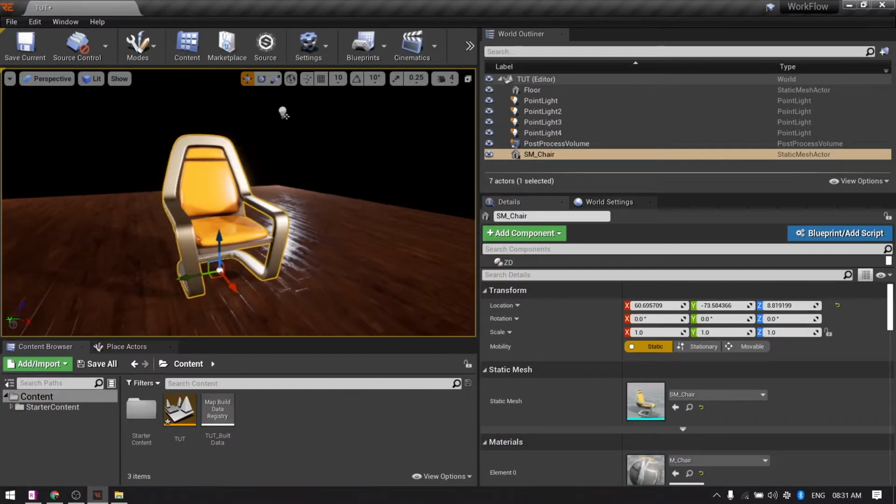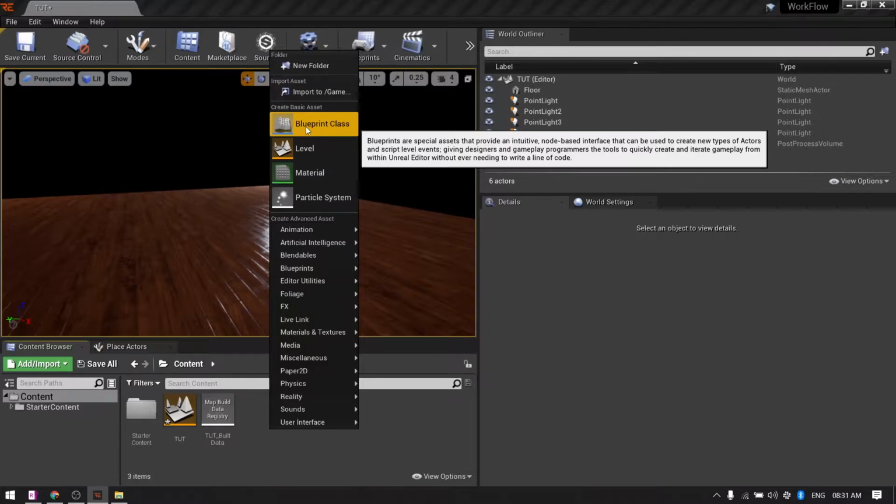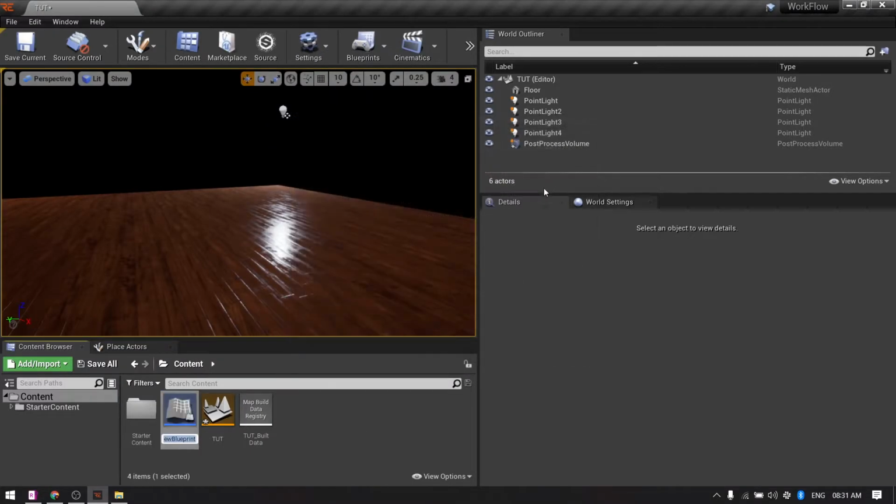Back in the editor, I will delete this chair and create a blueprint of the chair instead. So in the content, right click, blueprint class, actor, I will call it BP underscore chair tute.